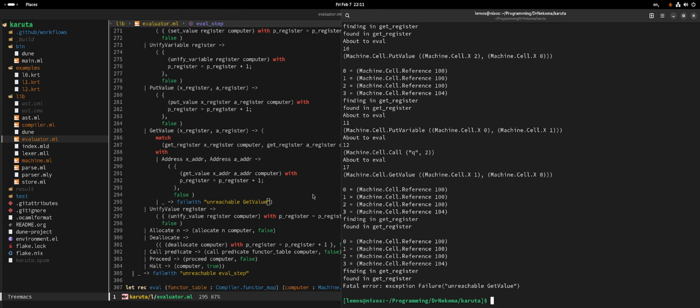With the registers that we have at this point in the program, we only have references, and references are not addresses, so it's always going to fail at this point. But doesn't that mean that either this pattern match is wrong or the code that is generated, the compilation, is wrong?